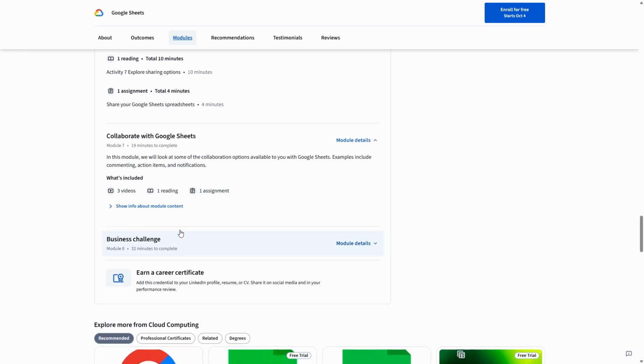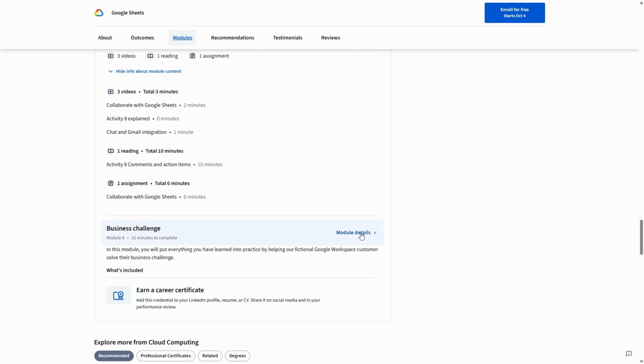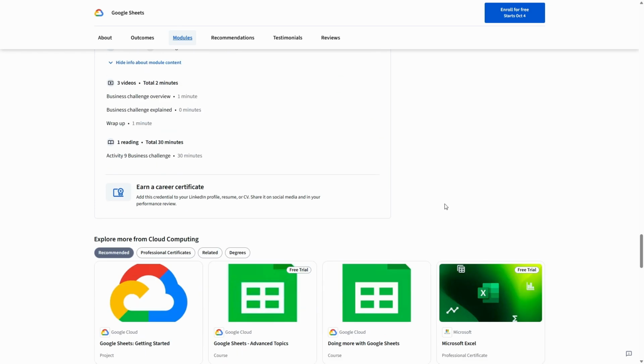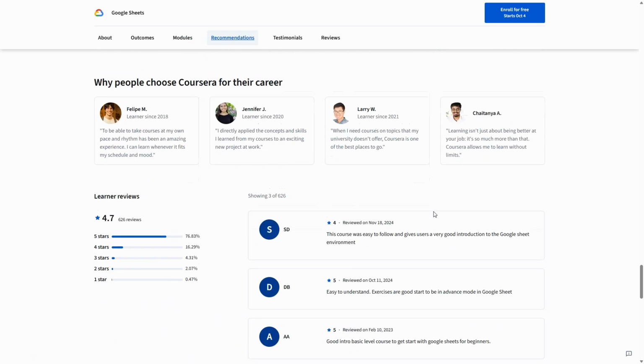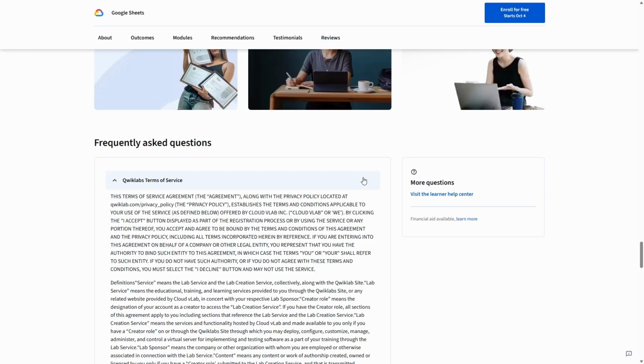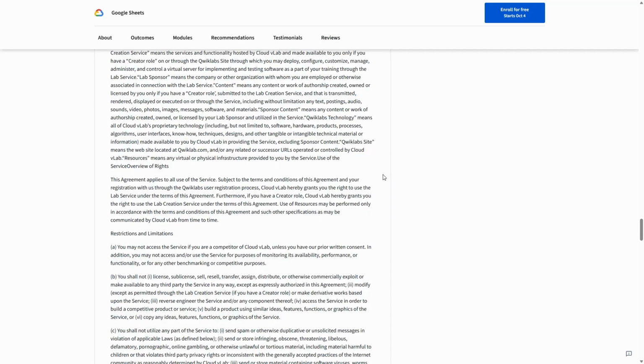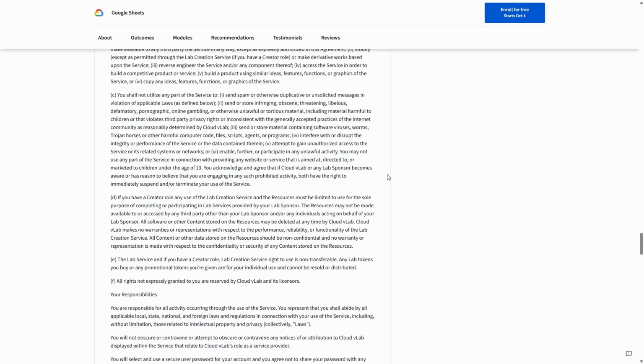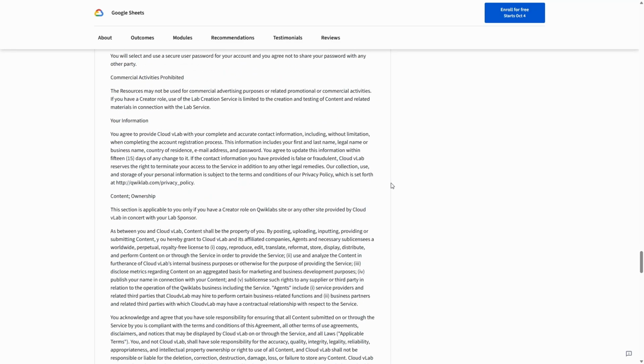Collaboration is a major theme. You'll learn real-time co-editing, comments and action items, protected ranges, named ranges, and version history so teams can move fast without breaking the model. By the end, you'll have a repeatable workflow for importing data, analyzing it, and sharing results